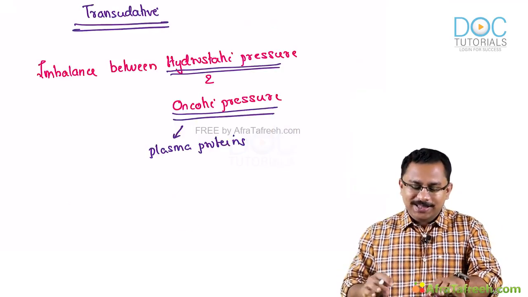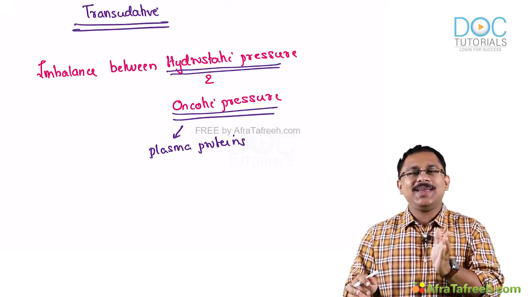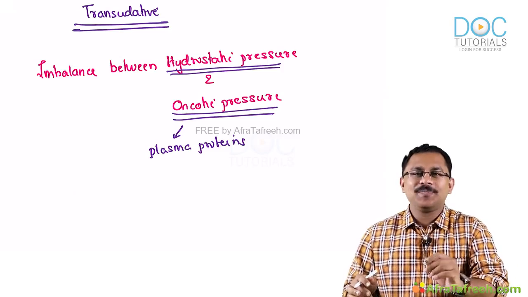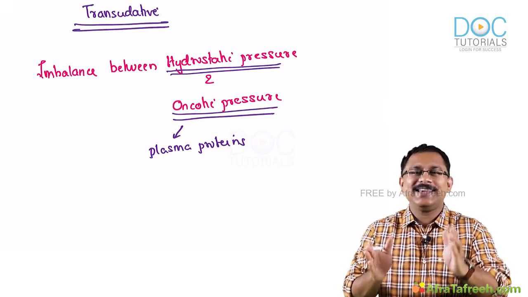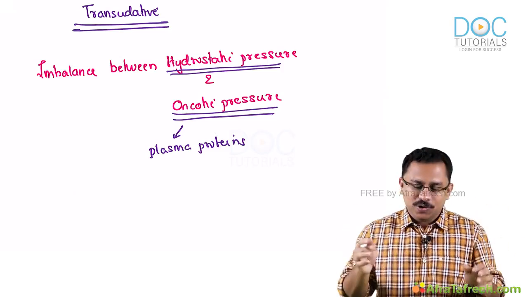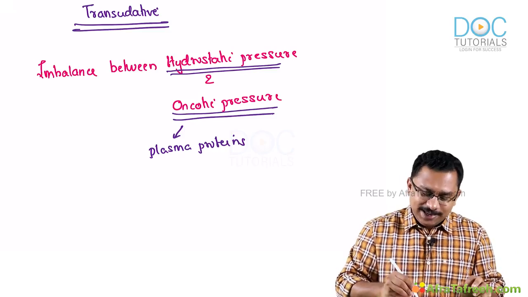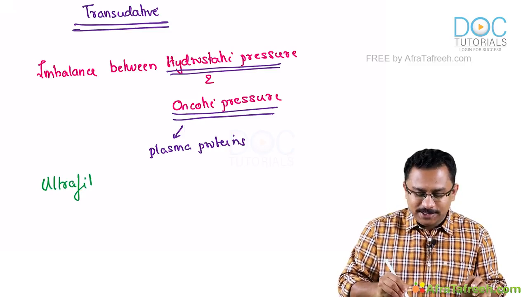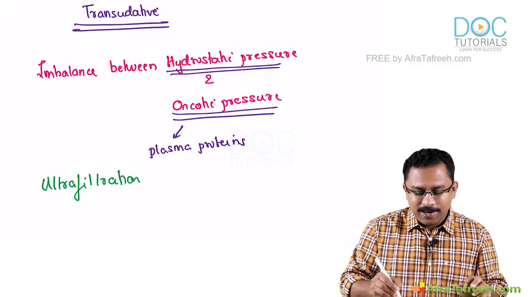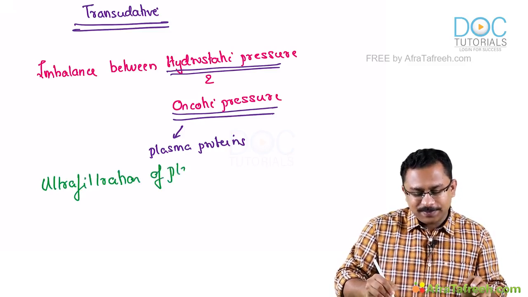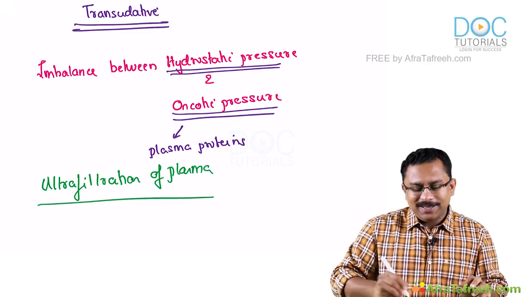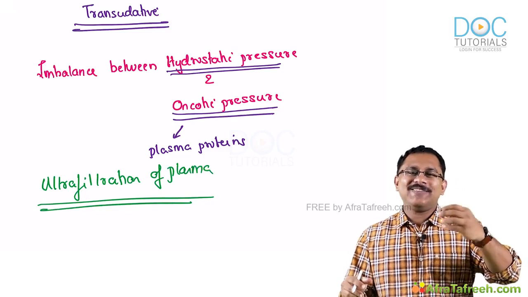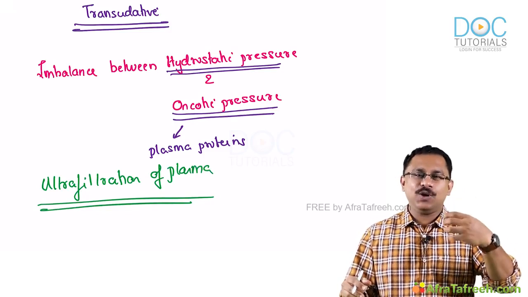So now do you get this point that a transudative effusion occurs because of an imbalance between what all factors? The hydrostatic pressure and oncotic pressure, ultimately translating to what? An ultrafiltration of plasma. So remember, this is just an ultrafiltrate of plasma, and because you have an intact capillary endothelium,